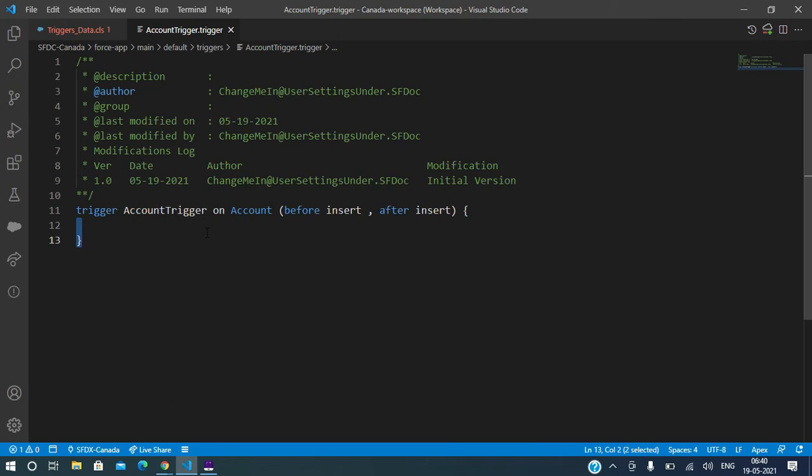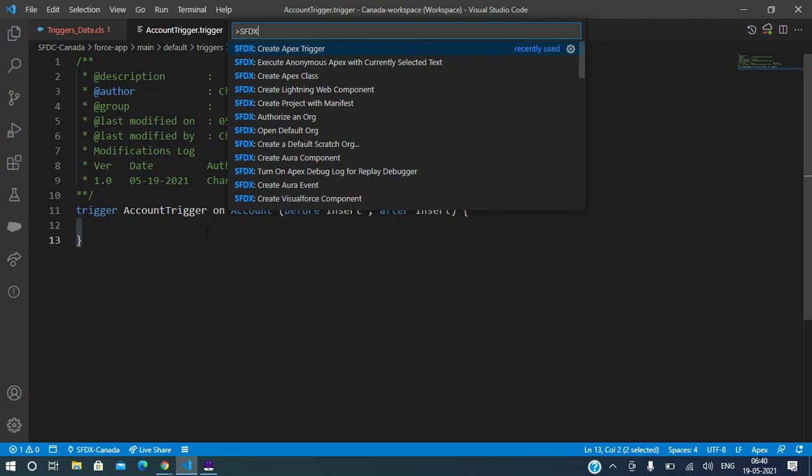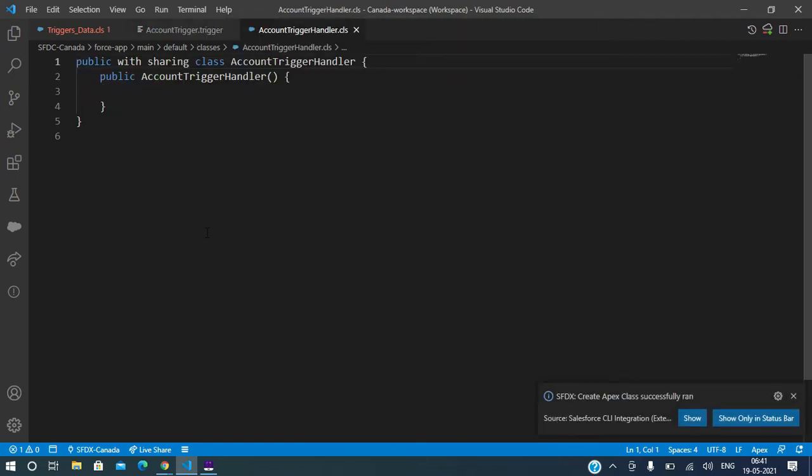So to do that, let me create one Apex class with SFDX: Create Apex Class, named AccountTriggerHandler. So this is my Apex class.